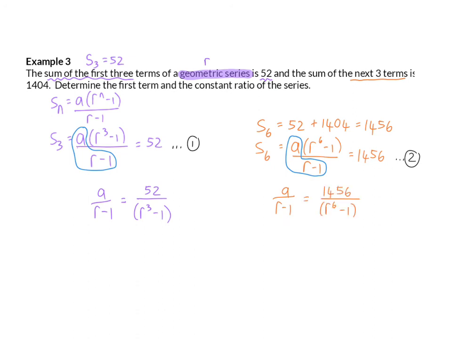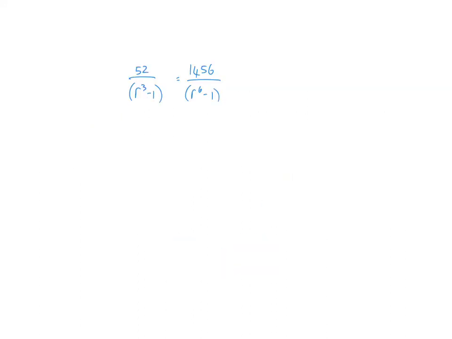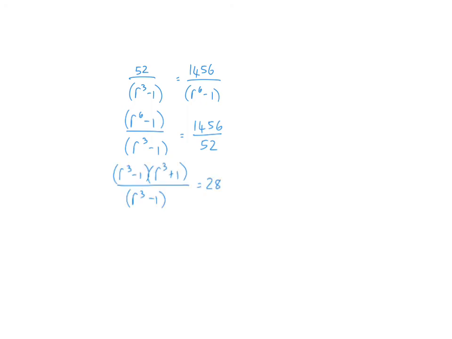Now, because both left-hand sides are now the same, we can accept that the 2 right-hand sides will also be the same. I'm now going to multiply by the bracket R to the power of 6 minus 1 and divide by 52 on both sides. On the left, the numerator can then be factorized. And now I can simplify, so the left will be R to the power of 3 plus 1, and that will equal 28. R to the power of 3 will then be 27, and if I take the cube root,